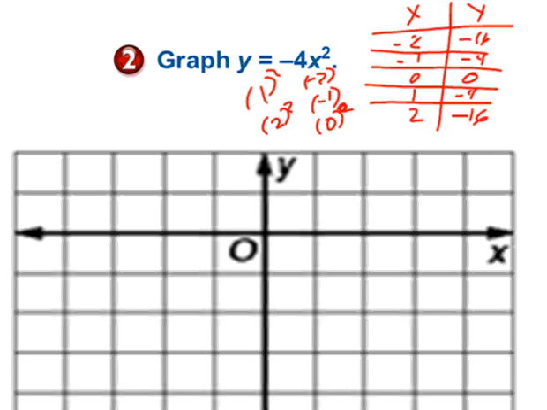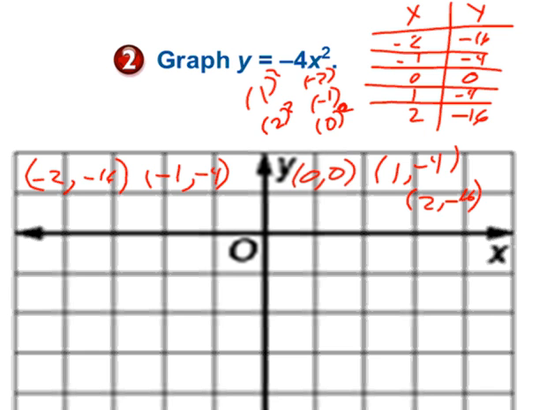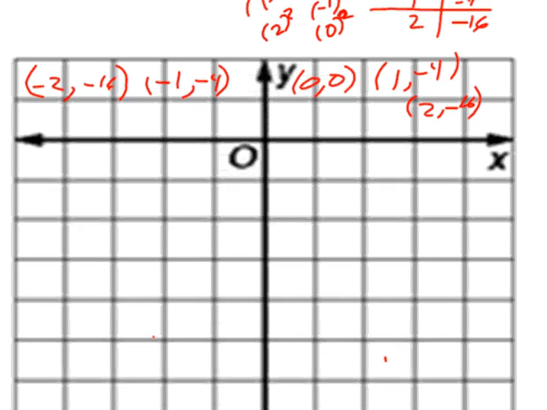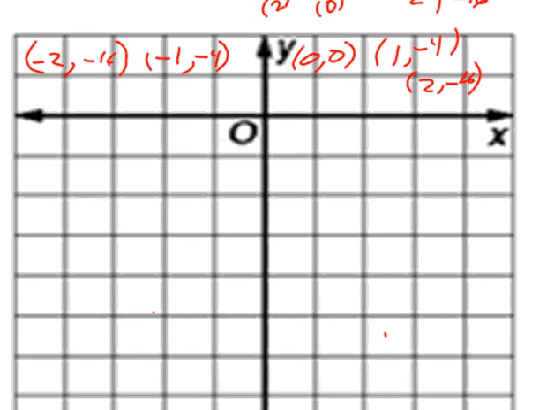So the ordered pairs in this case are -2, -16, -1, -4, 0, 0, 1, -4, and 2, -16. So as I look at my graph here, I'm going to let the values going across on my x-axis be